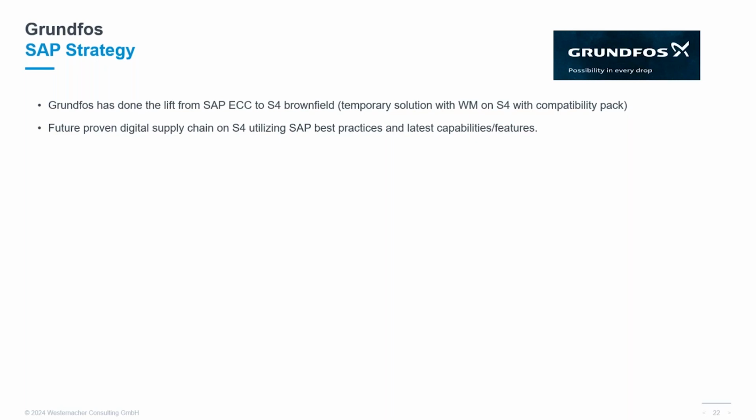Grundfos is really striving towards a future-proven digital supply chain on S4, utilizing SAP best practice and latest capabilities and features. And of course, we really are looking into the roadmap SAP has. Some of their users are also in the SAP groups to discuss the latest features with SAP, so they're very skilled in that. They have a strict focus to stick to standard, which of course is fantastic,